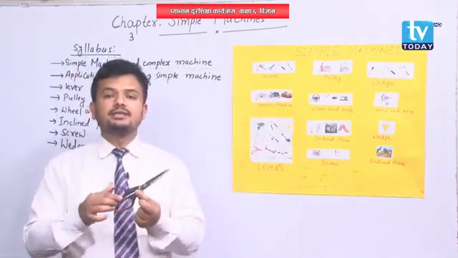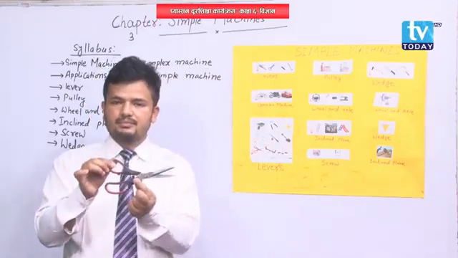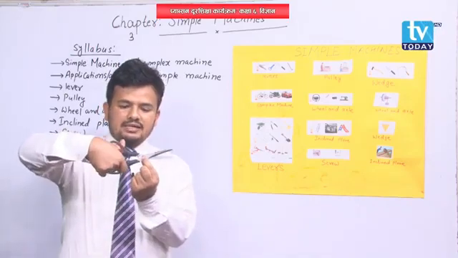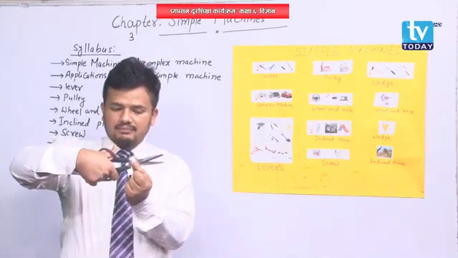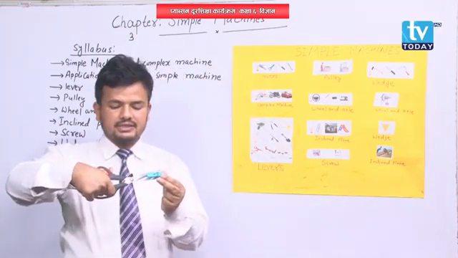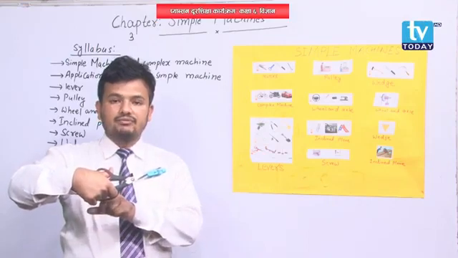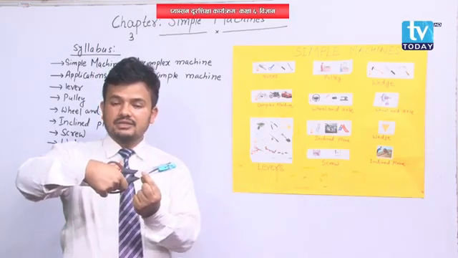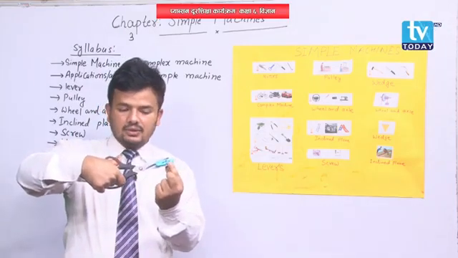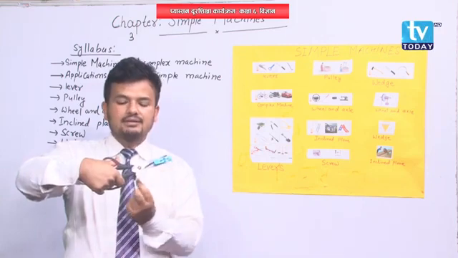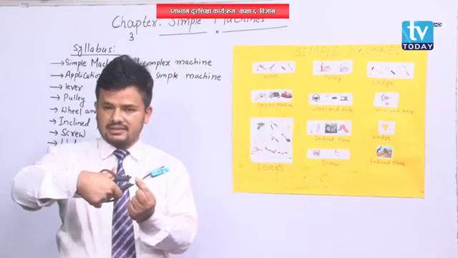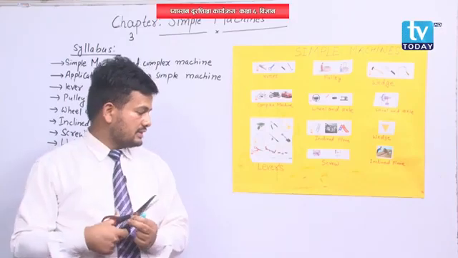See here, this is a scissor. A scissor is also a simple machine. See here, the 2 arms are supported. This point is called the fulcrum. If you carry some load here, let's say this is the load and this is the effort, and this middle point is called the fulcrum, the distance between the fulcrum and the load is called the load arm, and the distance between the effort and the fulcrum is called the effort arm or effort distance. So this you also understand in lever.